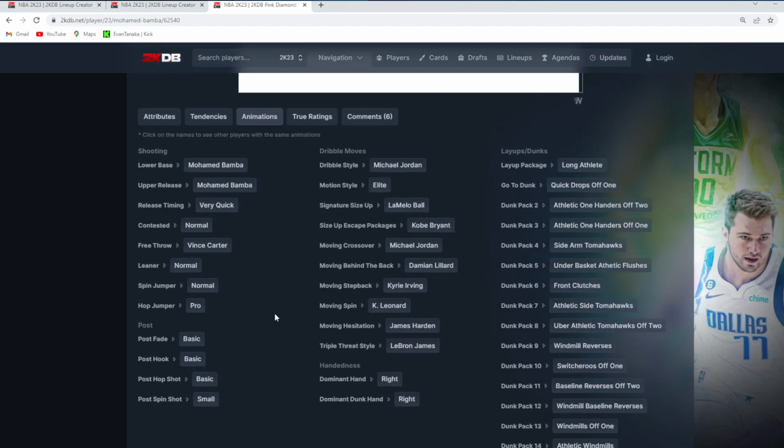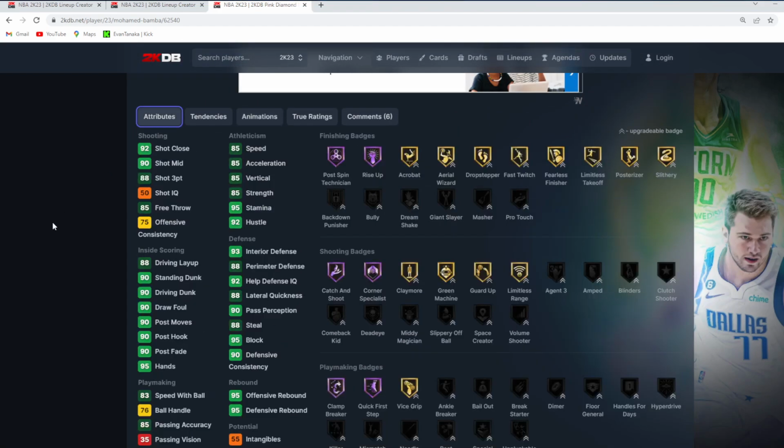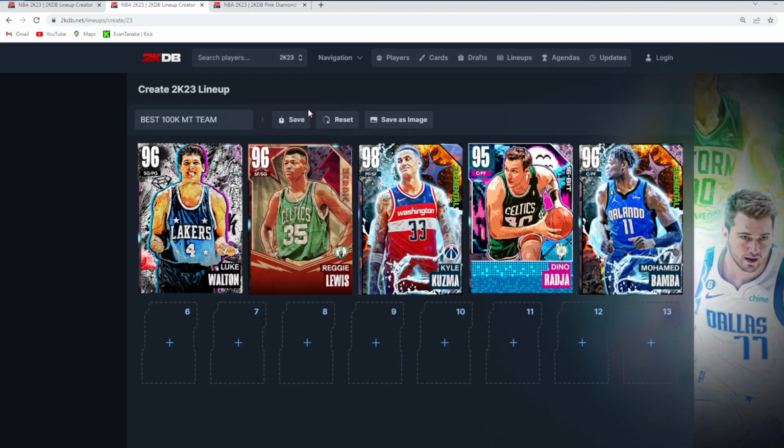And his jump shot's like, he's got a pretty good release. Can definitely knock down threes at a pretty high level for your center card. And like I mentioned, this is a really good budget starting 5. Probably going to cost you anywhere from maybe like 50,000 MT, maybe 60k,